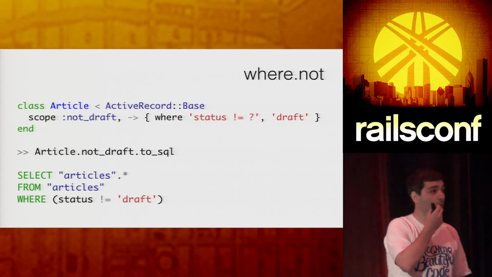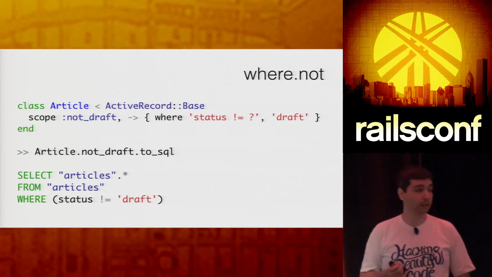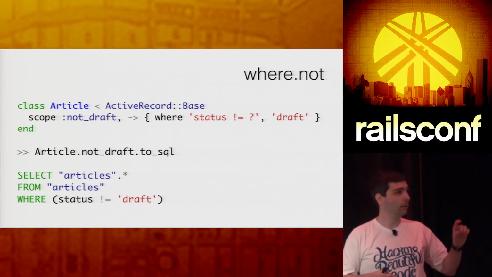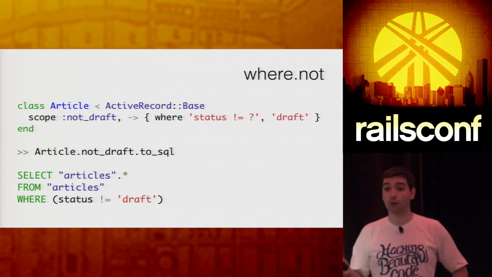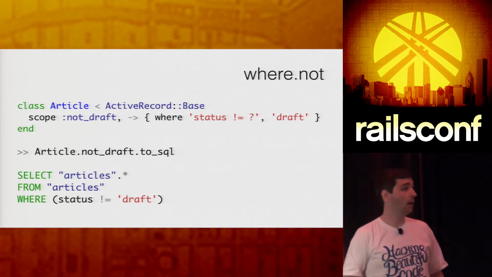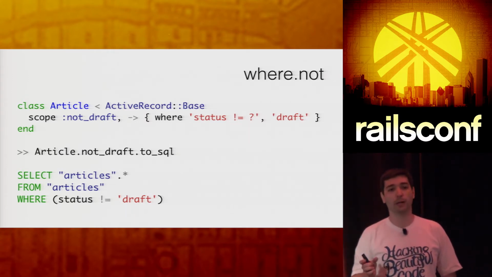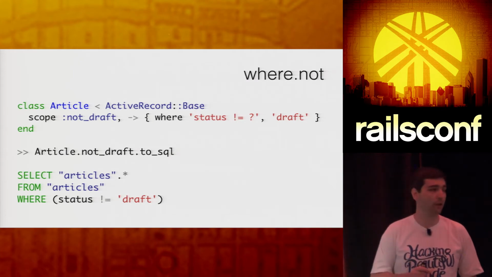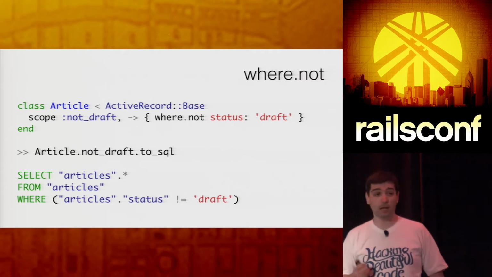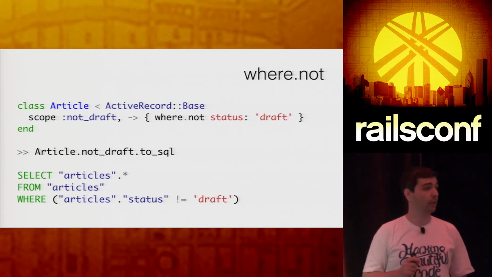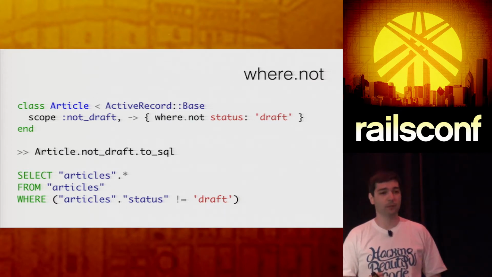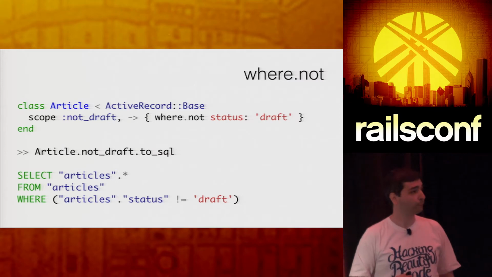Okay, so Rails 4 introduces this new where.not method, for when we need to negate a condition, right? I want to know all articles that are not draft, which can be published, reviewed, or whatever status I have. I need to write that little piece of SQL, right? Status is not equal to the draft status. And it's going to generate a SQL query like that. But I can use where.not, and it's going to generate a better query because it's going to automatically use the table name in there. And it's more intention revealing, so you should be using that.